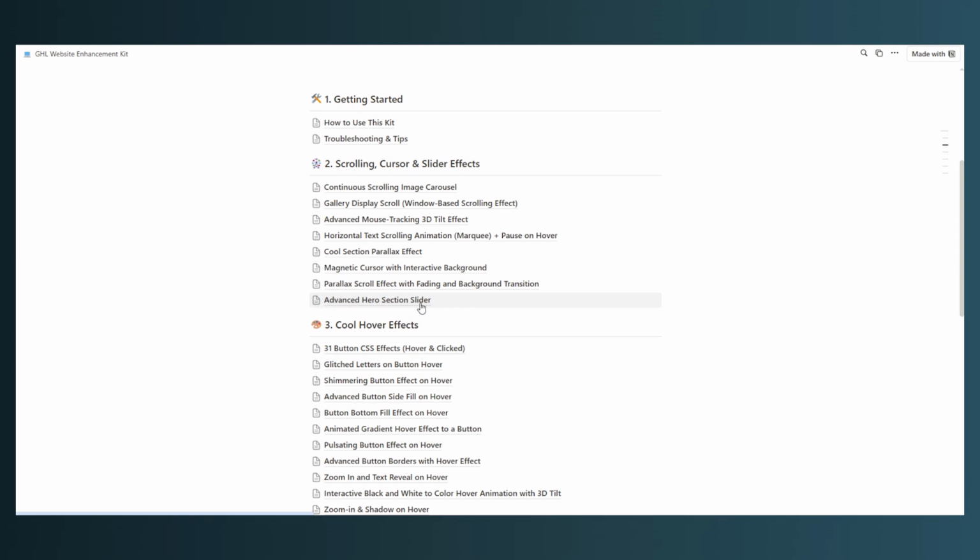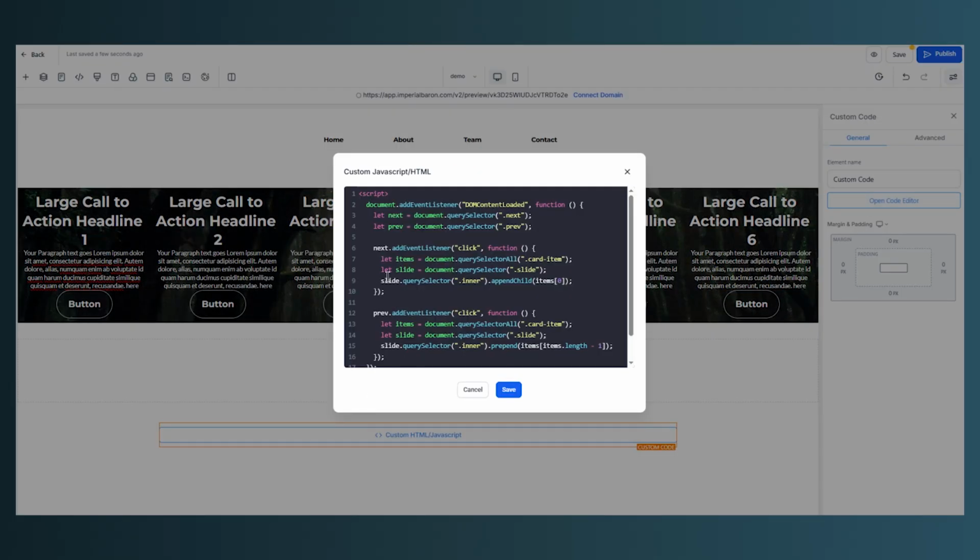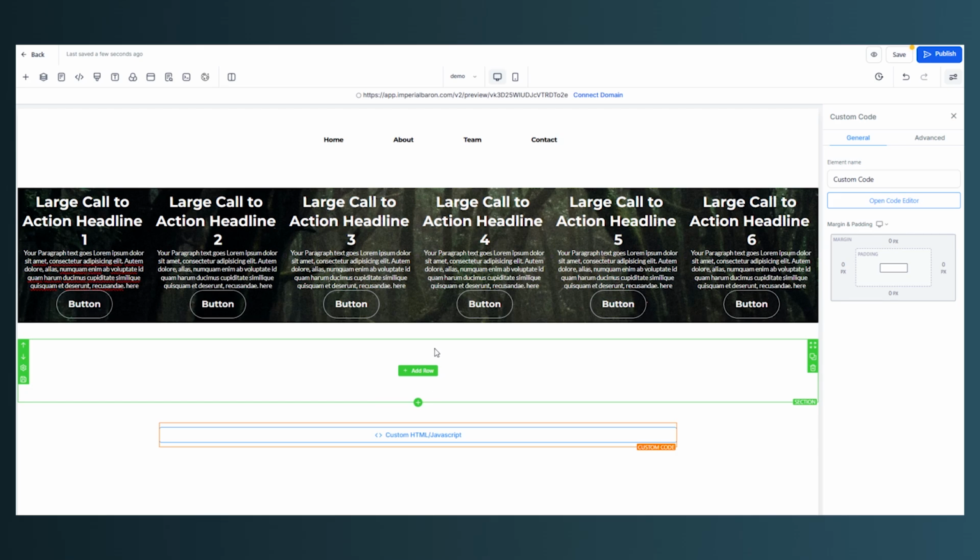Here you'll find a full tutorial about how to implement this exact effect into your GoHighLevel website, and it's very easy. You just copy the code from there and paste it inside the custom code elements. Perfect. Now that we have the JavaScript code out of the way, let's focus a bit on this section, which